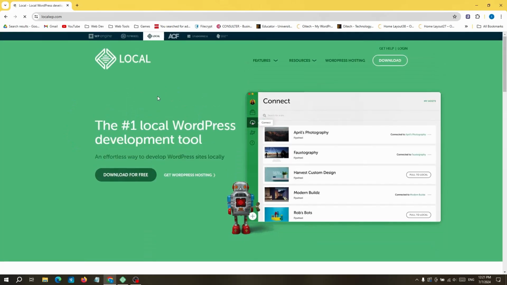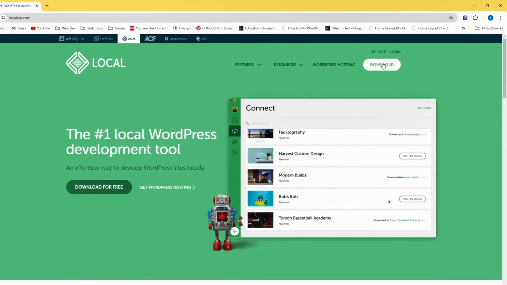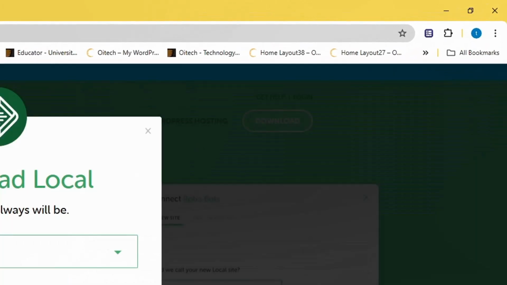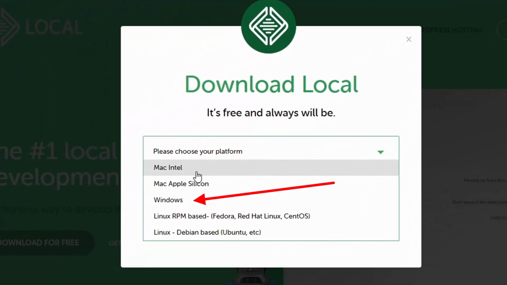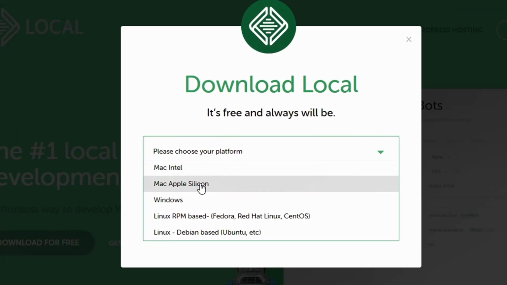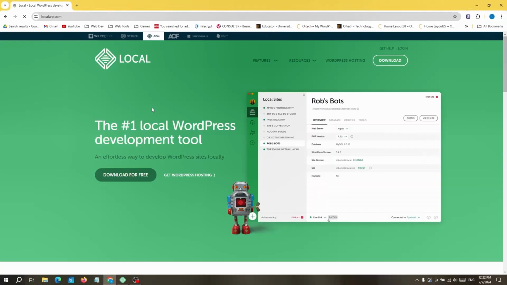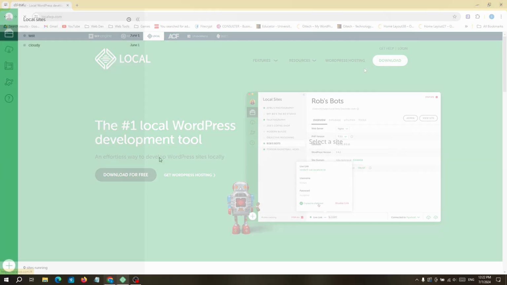localwp.com website, and your next step is click on this download button, and you can choose your own platform. It may be a Mac, Intel, Mac, Apple, or Windows or Linux or other type. You can select your own one. Then you can download the WP local software in your computer, and your next step is create a new local